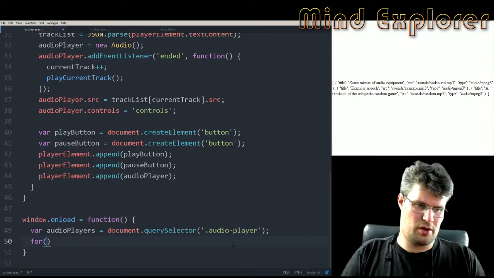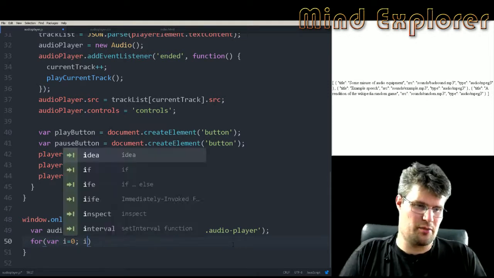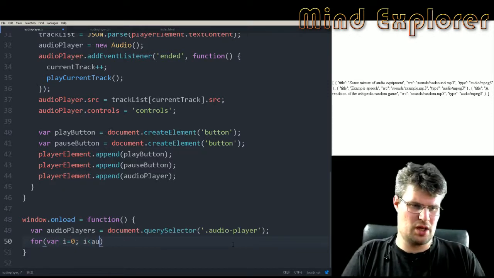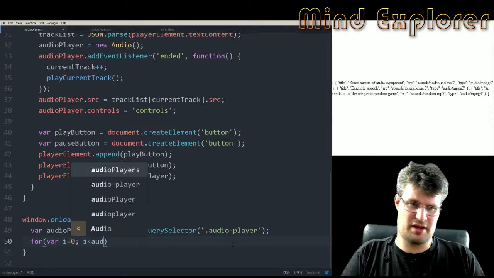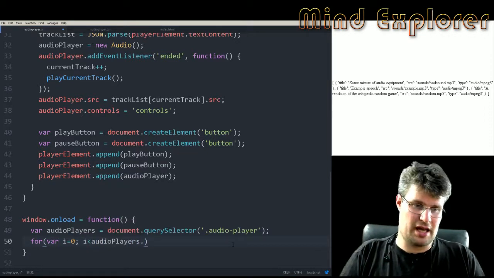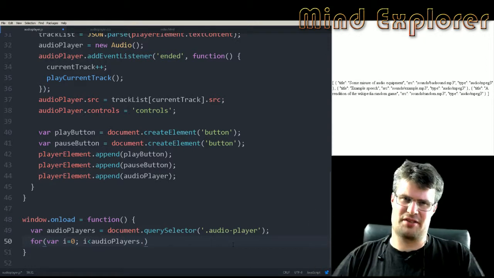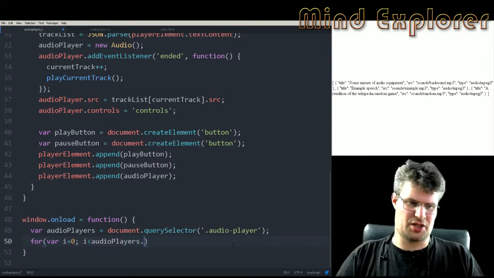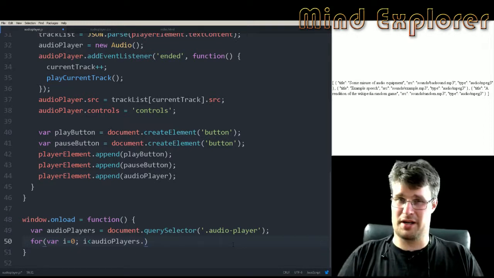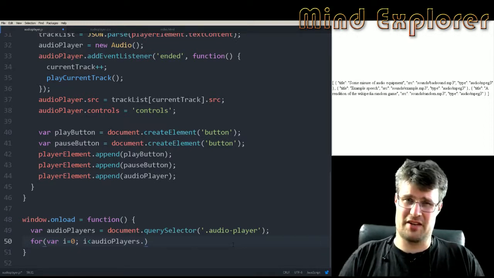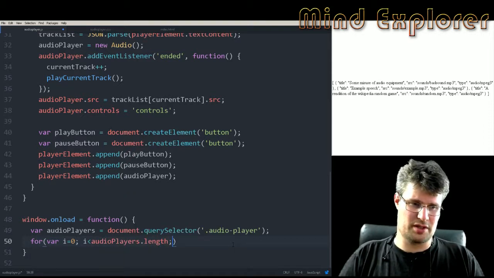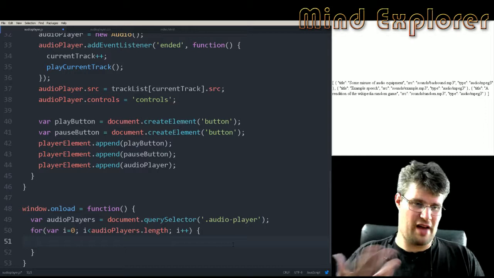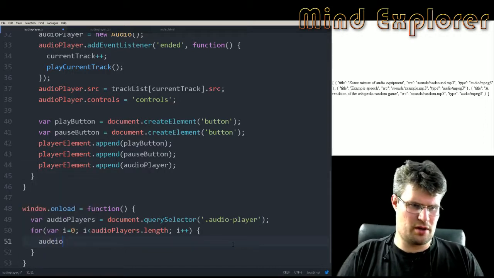We use a simple for loop for those. I have done this for in, but I actually don't like to use that, because in my experience, please tell me if I'm wrong, it actually takes some of the extra stuff in the actual list, so we can take the length and so on and give that as something in the iterable. And I just think that's strange, because you never want the length as a part of your iterable. You just want the actual values. So we take all the audio players,